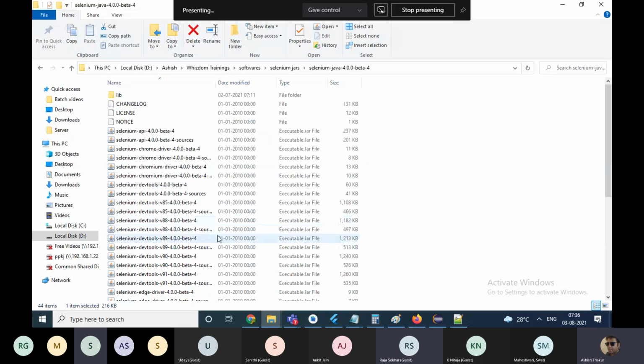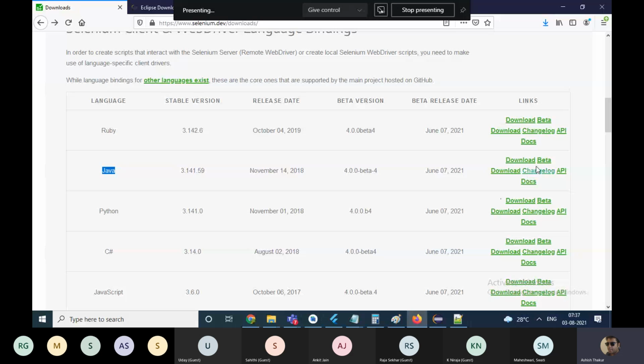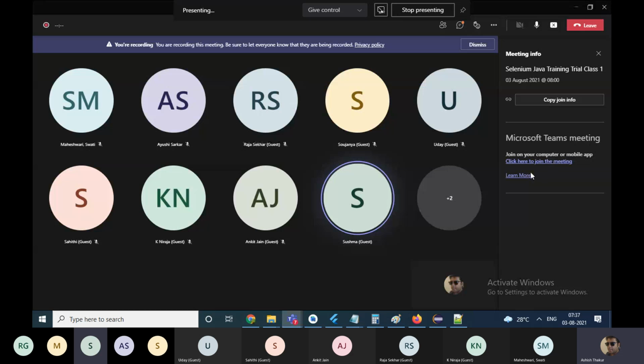Ashish, one quick thing: do we need to separately download this beta version as well, the jar files? Yes, you need to download it from this link.